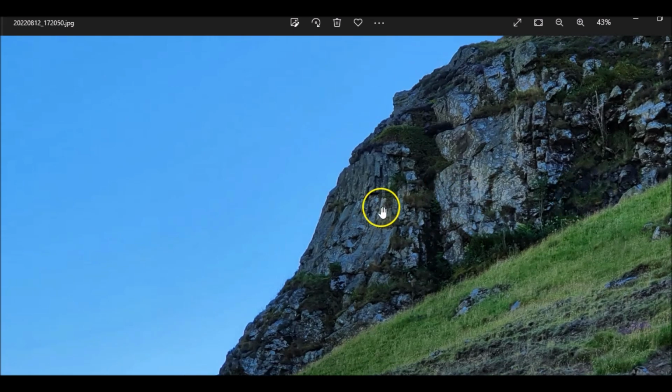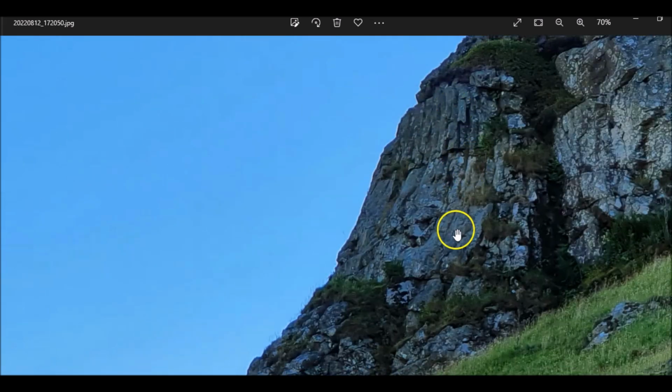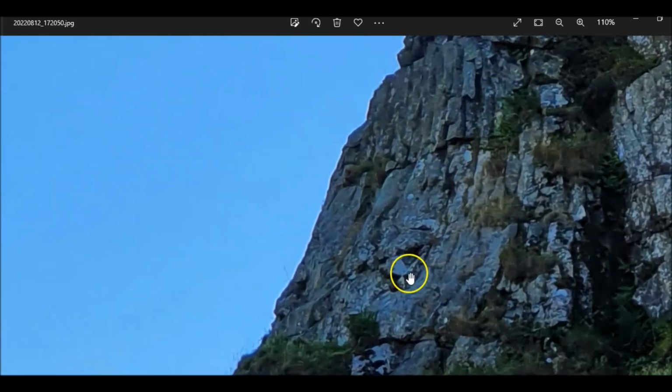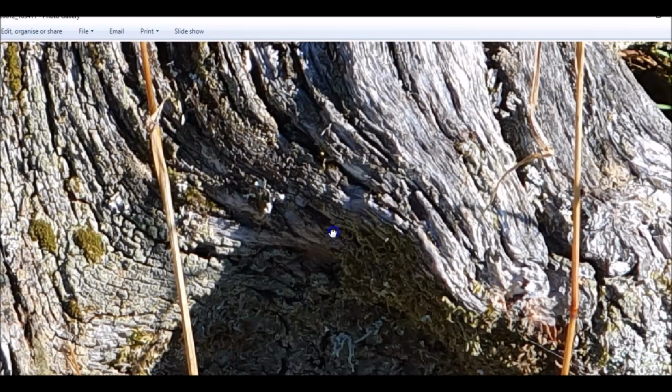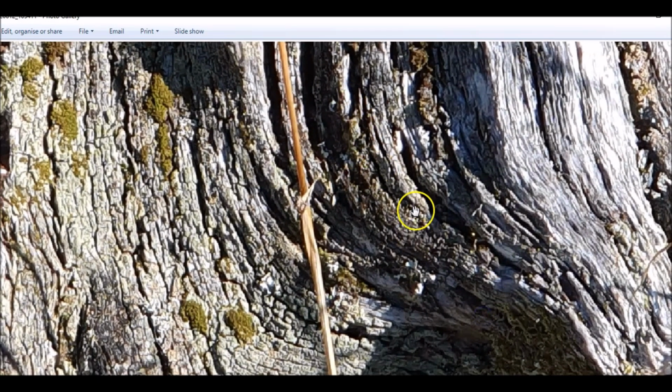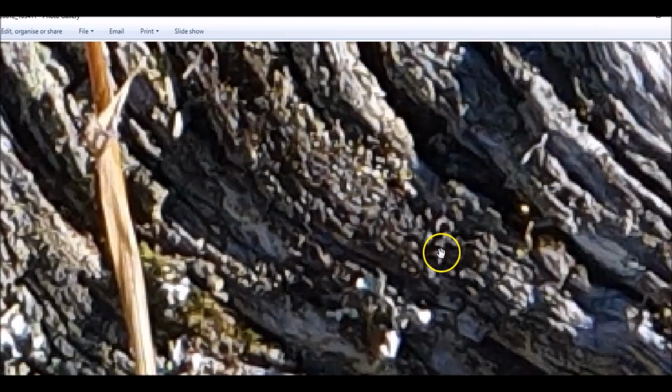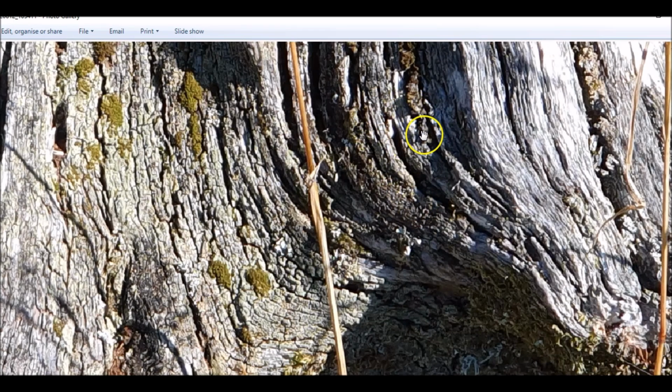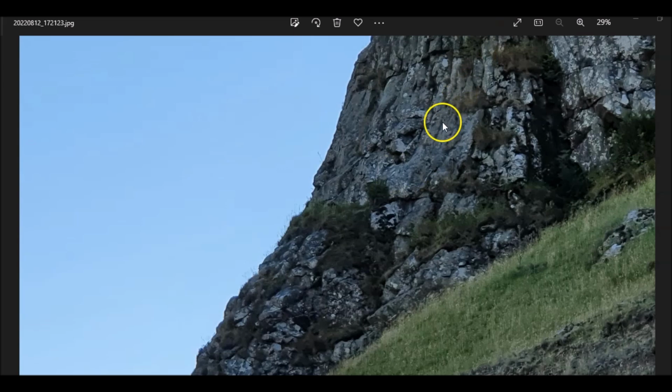And further around the hill we have this. You can see the shape here. And here's something similar. Made of wood. And again, here's something similar.